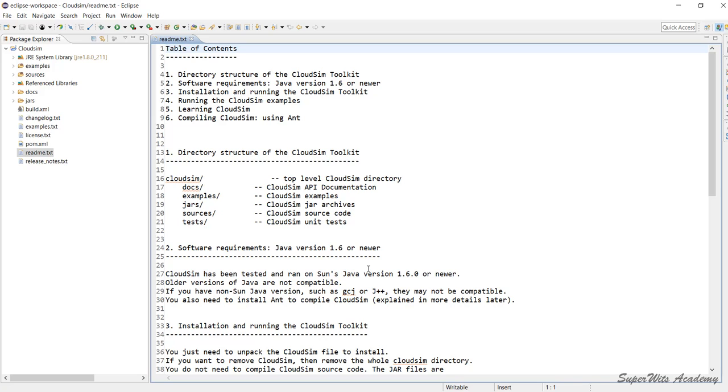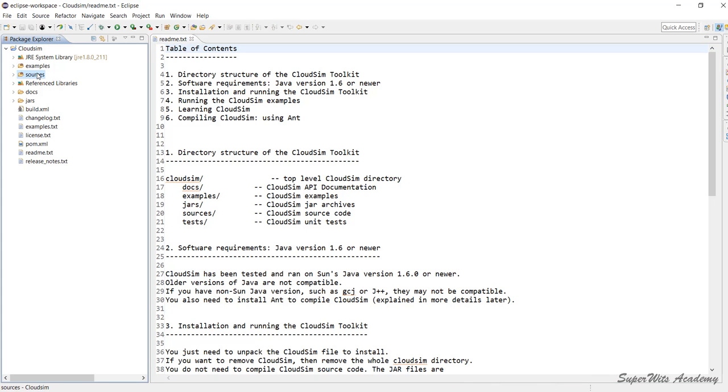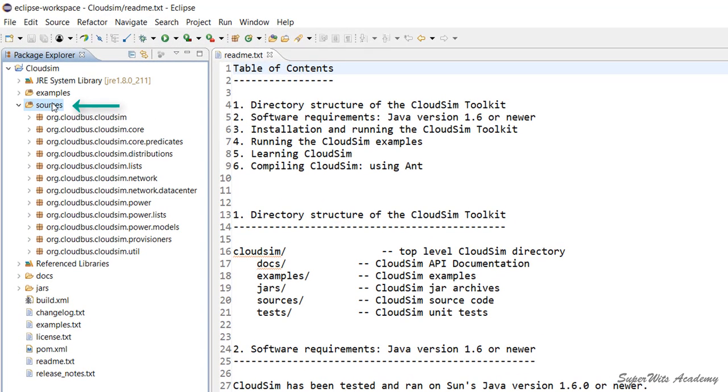Now let us look at the directory structure in detail and understand the various namespaces available in the source folder. There exist 12 namespaces. Each namespace has a set of classes with a specific correlated function. Let's go in detail on